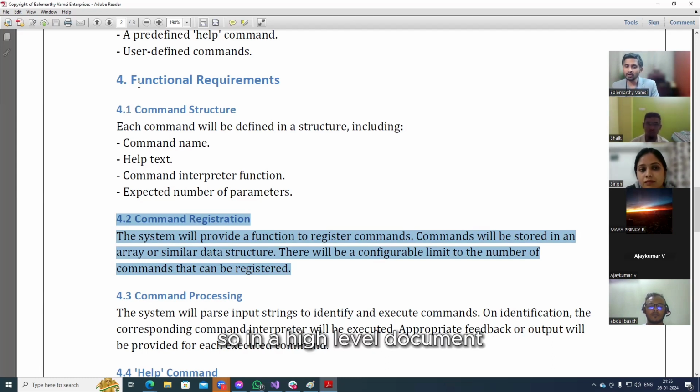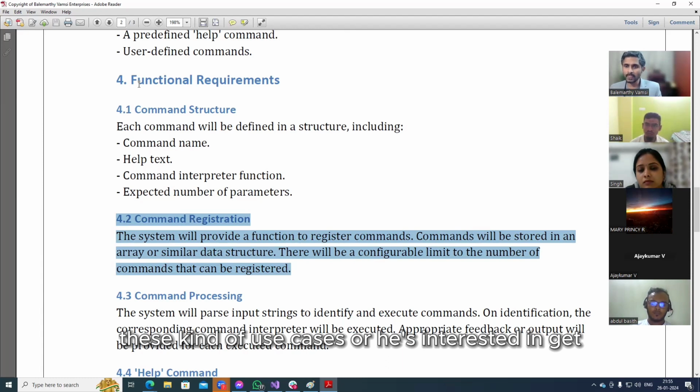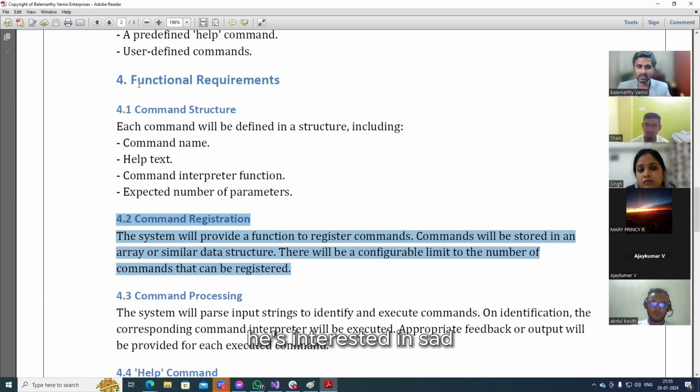So in a high level document, you will say that, oh, I have received so and so commands because the user is interested in these kinds of use cases. Oh, he is interested in get, he is interested in set, some other thing, some other thing. He's throwing at me so many commands, and I know where to hold them.